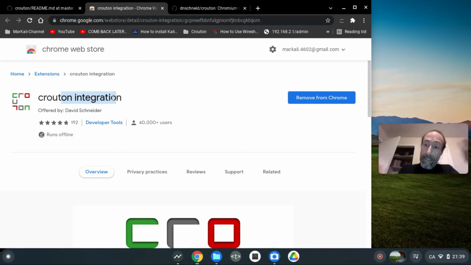So once that is done and everything is working in good order, I will simply add applications to the Kali Linux machine,